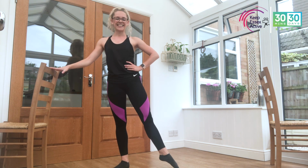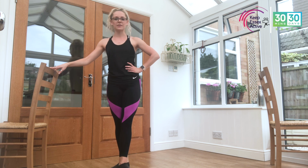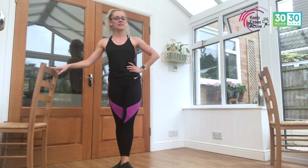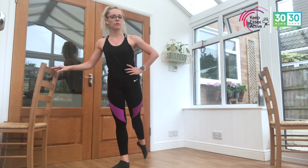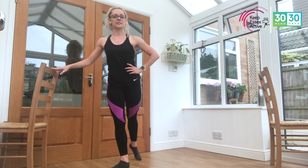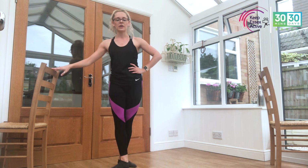Good. One more. We're going to speed it up, so it goes forwards and in, forwards and in, forwards and in, forwards out to second, side and in, side and in, side. Push it behind for 4 and 3 and 2, out to second, 4 and 3 and 2 and 1, hold